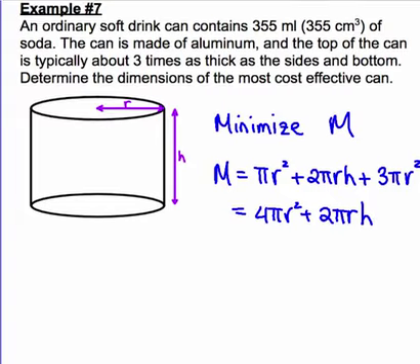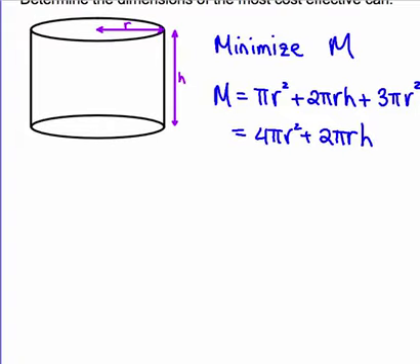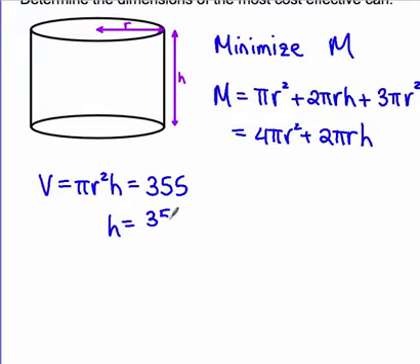Now, just as we did before, we recognize here that I have a formula in terms of 2 unknowns. The radius and the height are both variables. And we need to come up with a way of connecting those. And we know that the volume of this can, which is pi r squared h, has to equal 355 cubic centimeters. I can solve this for h, and I get h is 355 divided by pi r squared. And this now can be substituted in